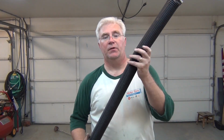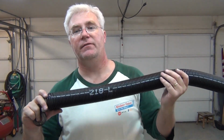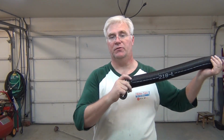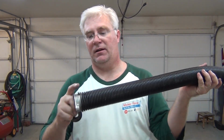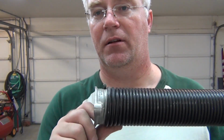So as far as putting it up, my springs are marked left and right. That's an L for left. Looking into the garage, this goes on the left hand side, so my left hand right now looking into my garage is where this goes. If you don't have them marked, then if you take the center, the part that goes directly in the center of your garage,